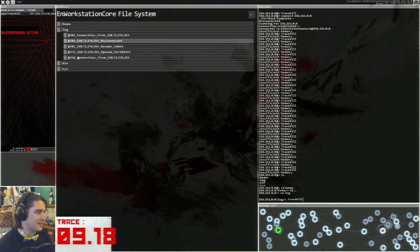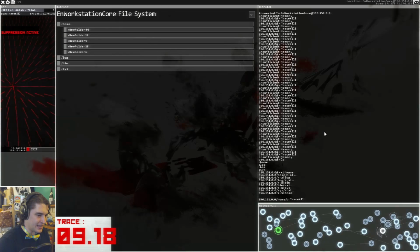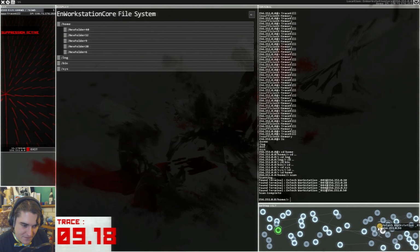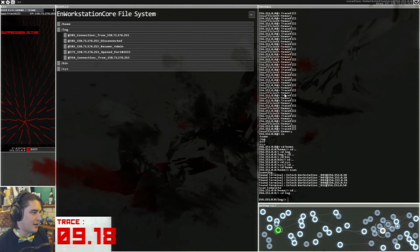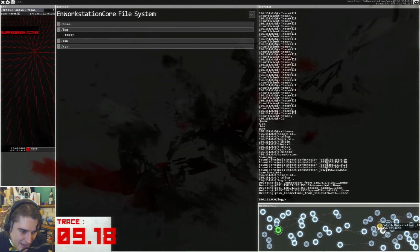Let's have a bit of a look-see. Nothing in home, nothing in log, nothing in bin, nothing in sys. I guess it's scanning time. Hey, 1, 2, 3, 4, 5. Wow. Alright, we've got a lot of stuff to look through here. Let's clear out our logs. I can't even see which ones are...